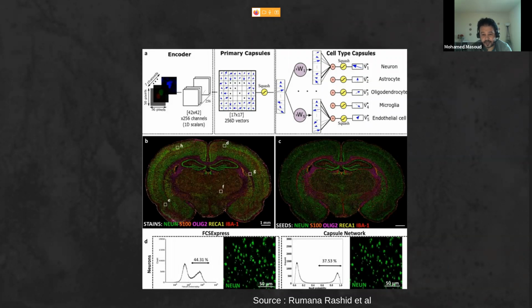So as we can see from the last row, this is showing the difference between the thresholds and the capsule network. The graph here for the threshold part shows you there is an overlap in the intensity.